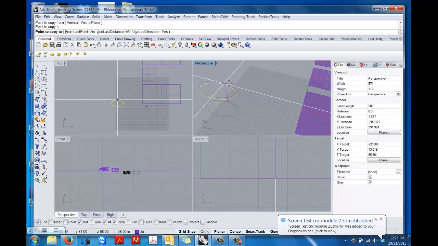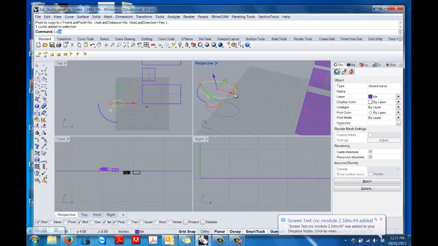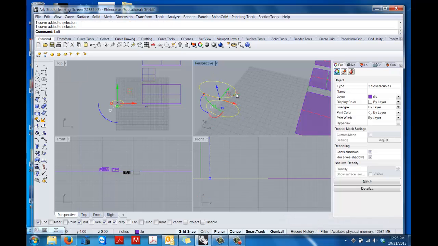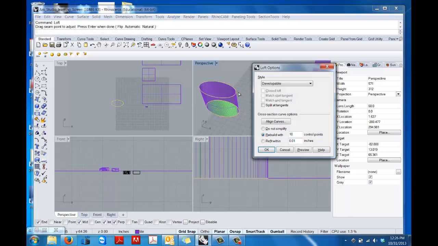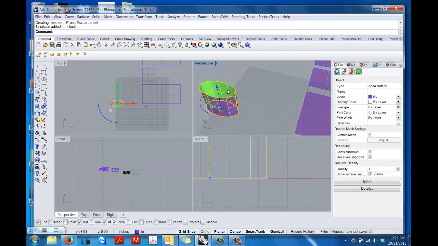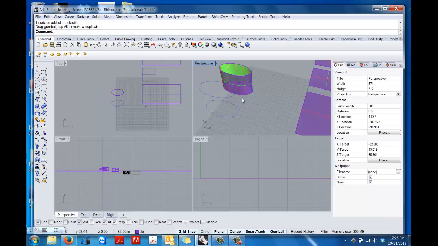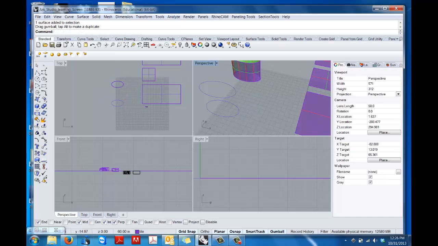Right. So if we do this, for example, in Rhino, we make 2 curves, right? And then we loft them. So in Rhino, we now have a geometry, right? So this is something we can copy, we can move around, we can work with. So if we do that same command in Grasshopper,